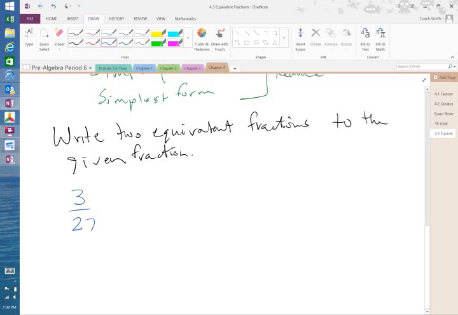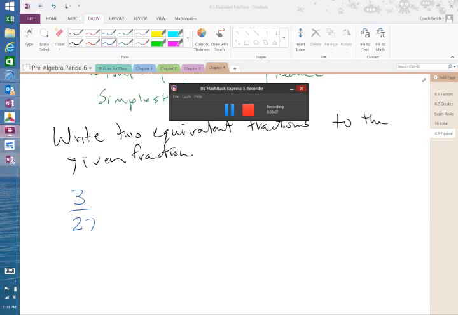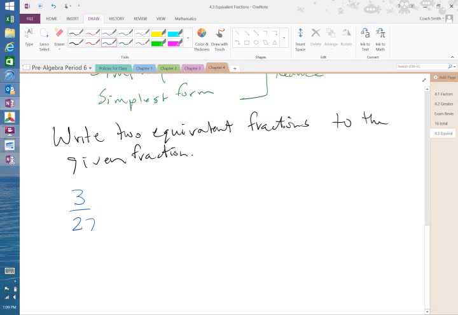Say I have 3 over 27. Okay, so we're writing two equivalent fractions to this given fraction. Okay, the first thing we want to try to do is to reduce it. Okay, that's the first step. Now I'm going to show you one here in a second that you can't reduce. This one you can. Okay, and when we're reducing it, we're trying to find the greatest common factor between